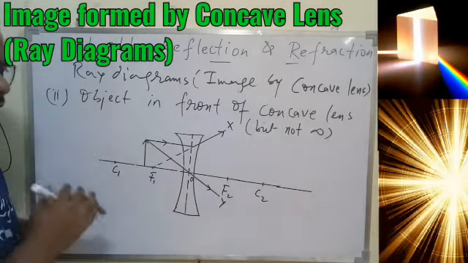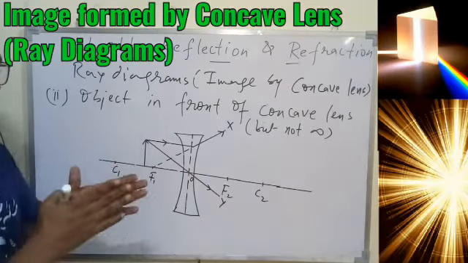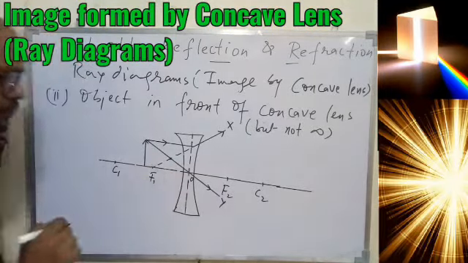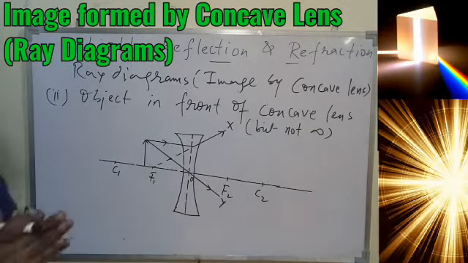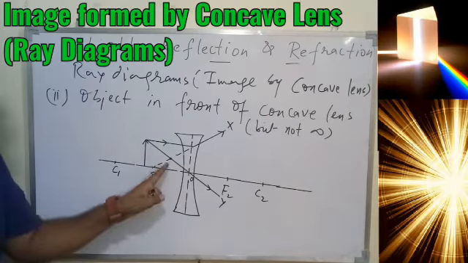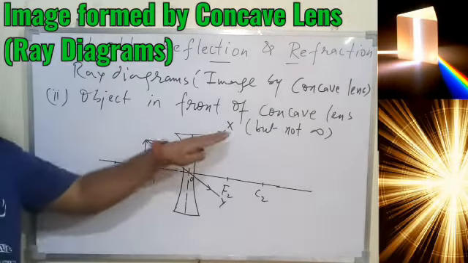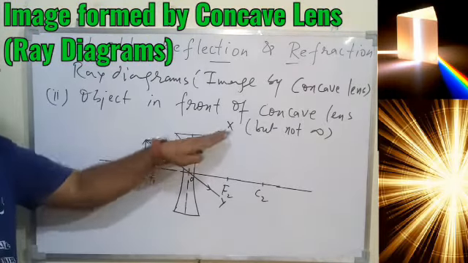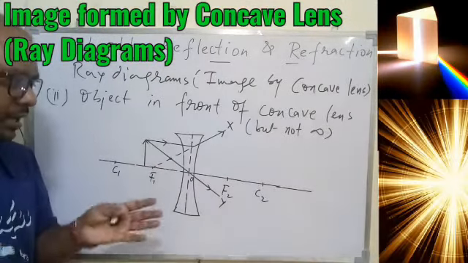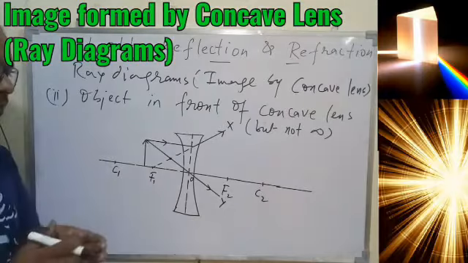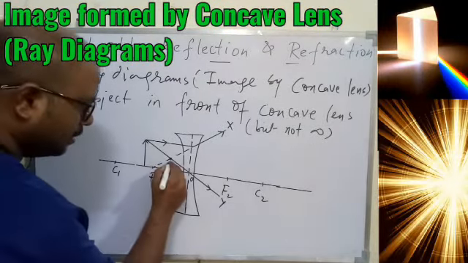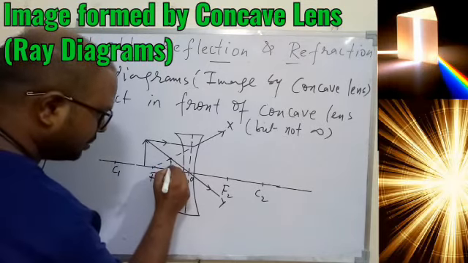So overall, we can say these two rays X and Y are diverging, and this is the point where they seem to meet, but actually they are not meeting, we know, because this is not the real ray. This is the dotted line which is just showing you that the ray is basically diverging from F1. So out of two rays, even if one ray is imaginary, in that case also the image will be virtual. So in this case, this is our image, we can say.